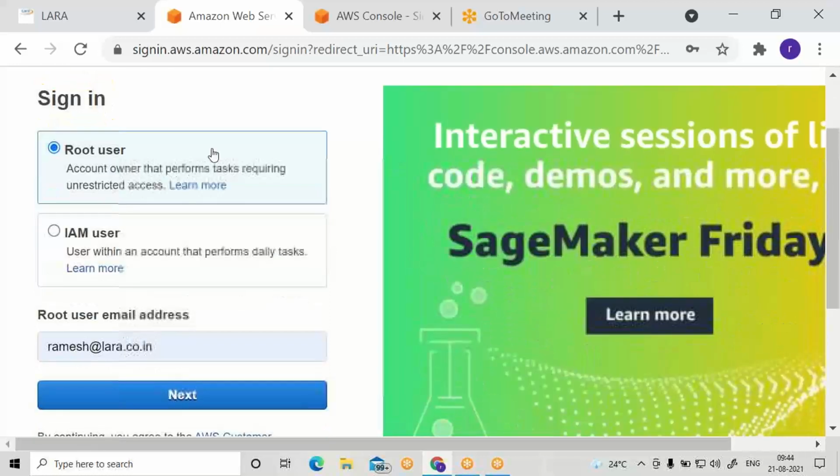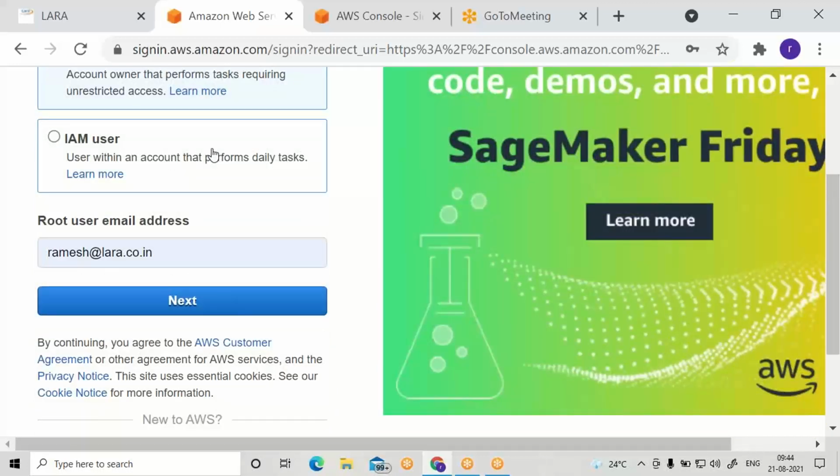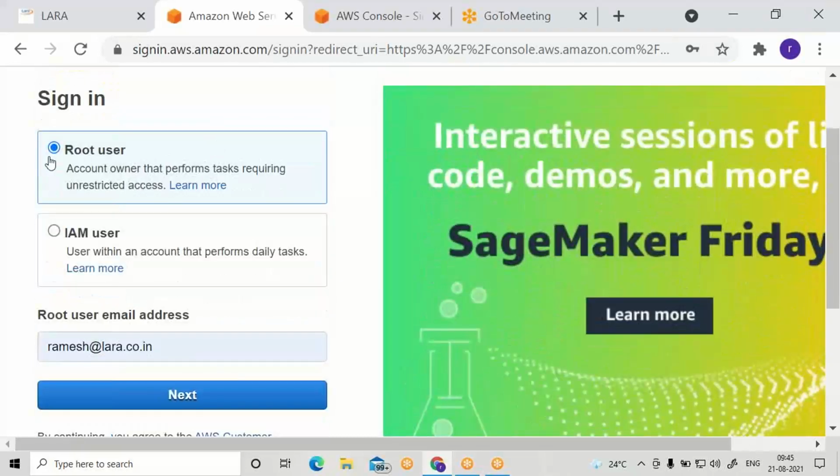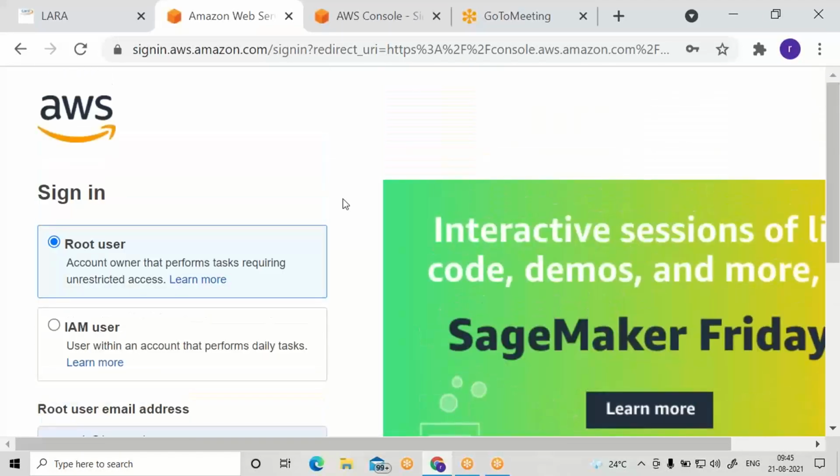Click on the root user email address. So select the root user only. We are the root users. Click on sign in anywhere in the aws.com. After going to aws.com, click on sign in.